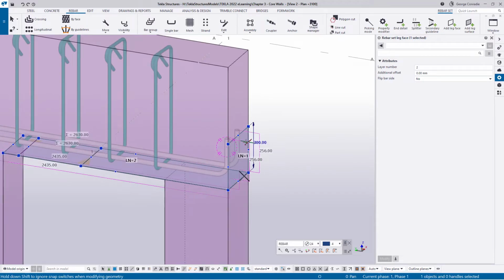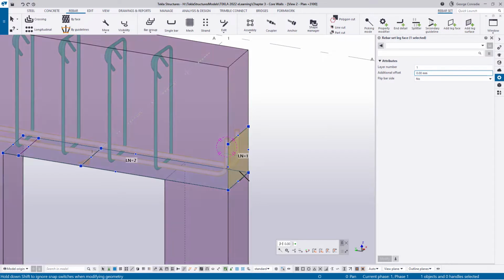And now, as you can see there, we have a face and we've got a layer number 1. So we now have control. If I click on that face, I can move it to any layer I want. I can even add additional offset just to manipulate,